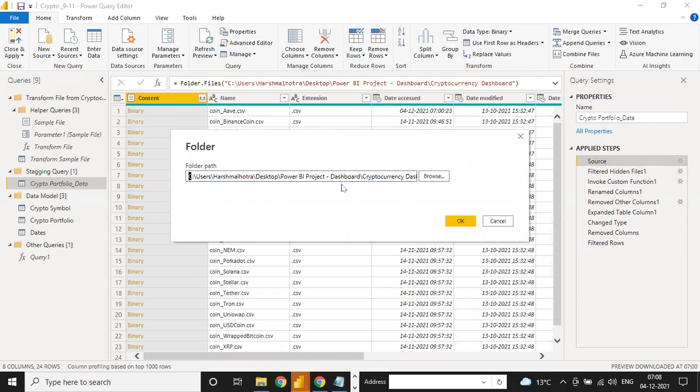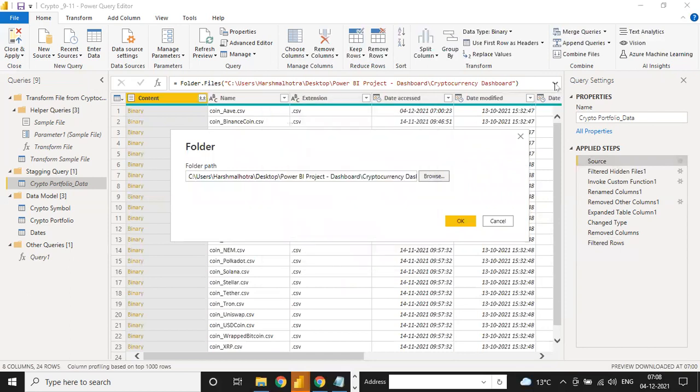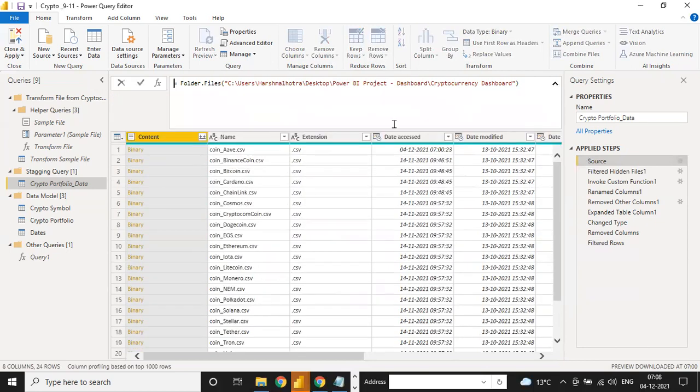Source means you have to save your raw file somewhere and then browse to your new source link. Right now the source link should be C drive, users, Harsh Malhotra, desktop, Power BI desktop. Sometimes it shows an error in your file, but when you change the source, this error will not show again.